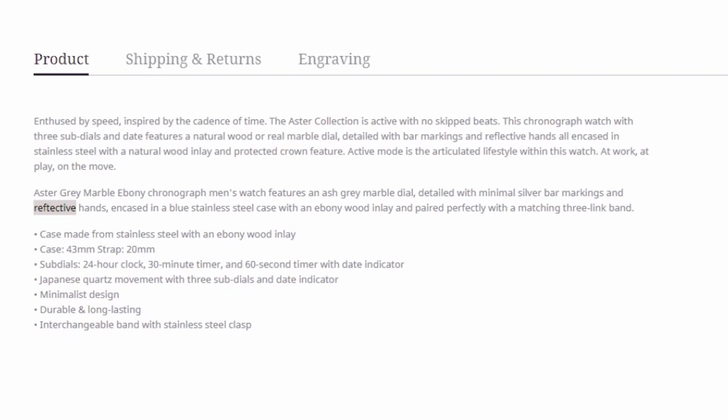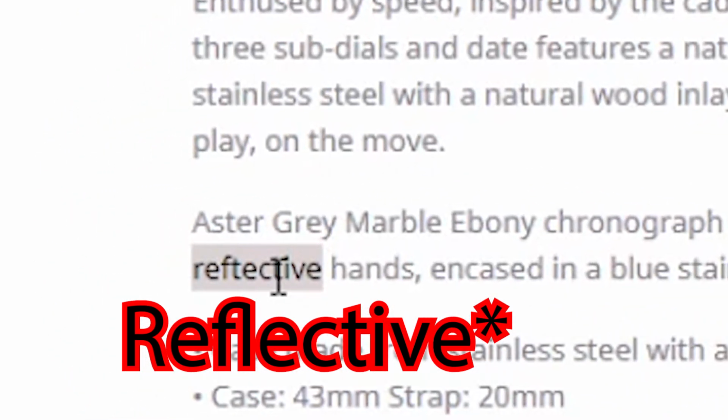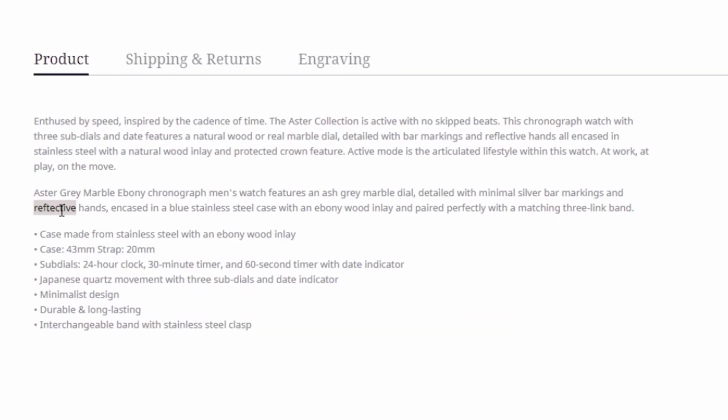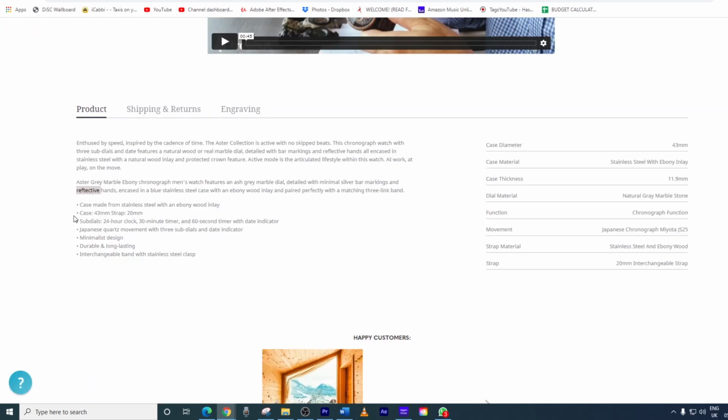Here is the description of the watch which we have purchased. It's the Aster Grey marble ebony chronograph men's watch, featuring an ash grey marble dial detailed with minimal silver bar markings, and that is a spelling mistake. That's supposed to be reflective. Sorry to be a bit OTT, but that is a spelling mistake. They've spelled it without the L, but I don't think that's a word. Never come across that in my life. I've also googled it here, and it comes up with reflective. But anyways,